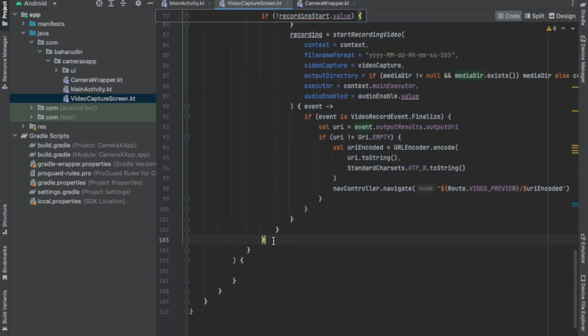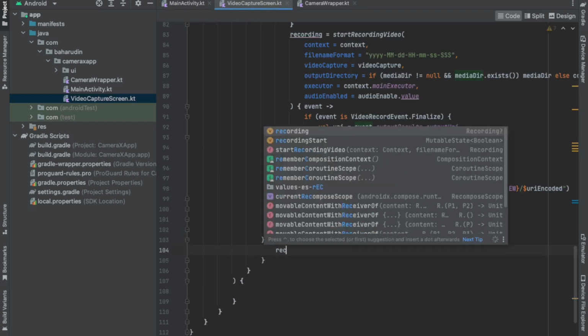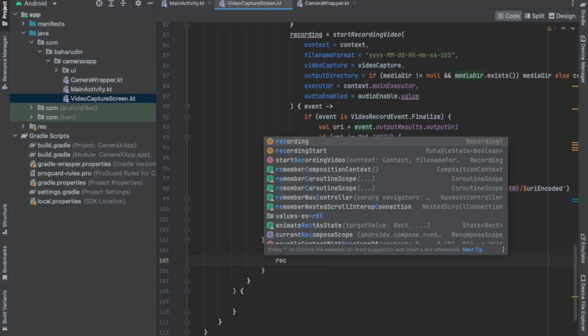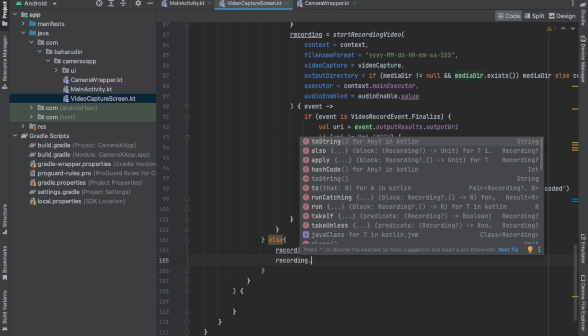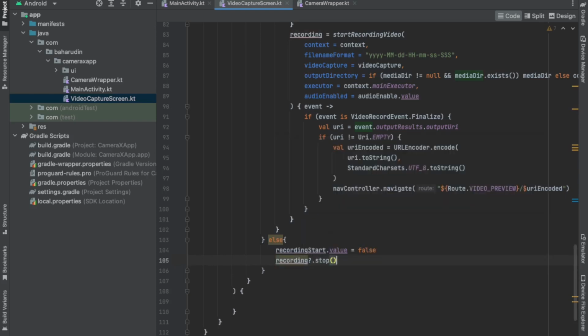In here I will add the else statement. isRecordingStart dot value is equal to val isRecording stop dot stop, question mark first, dot stop. Okay,